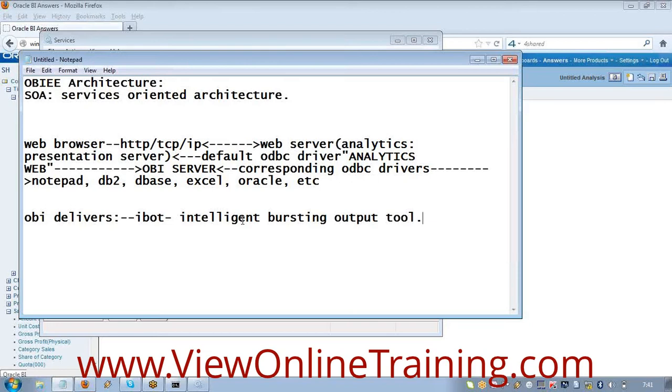Now what is this intelligent bursting output tool? Your iBot can deliver any number of reports to any number of users. That is the specialty. You just schedule the time, and at that time it can deliver any number of reports to any number of users on correct time, in time, on time.